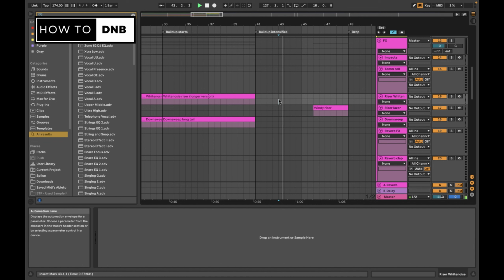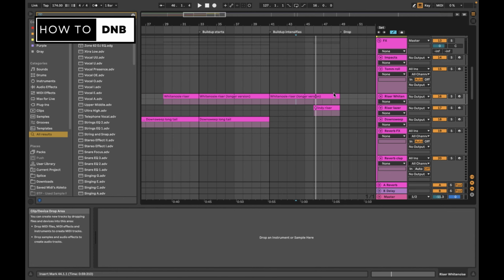And let's see, it'll probably be in here as well. Usually there are multiple risers working together, to create a more powerful syncopated effect. You can hear it kind of here. So obviously this is very obvious when it comes in, but before that you already hear some noise in the background. You know, shh. So yeah, we do have that.